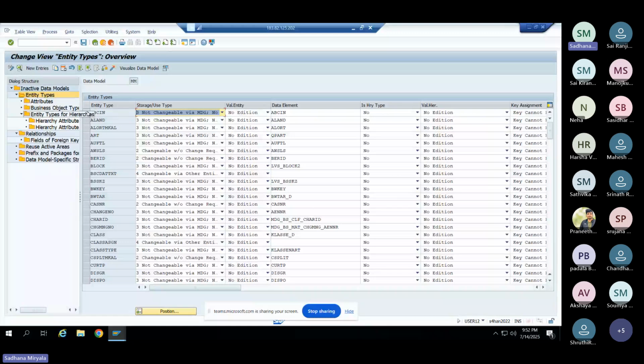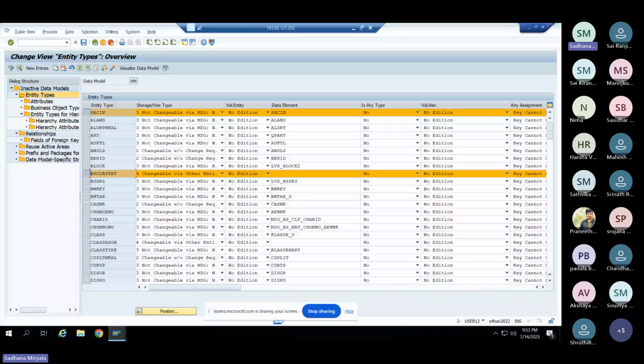Okay, so if you have a type 4 entity, then you have to maintain the relationship. Here, for type 4, we have the type 4 entity, and if we have any type 4 entity, we have to maintain the relationships. Okay, so here